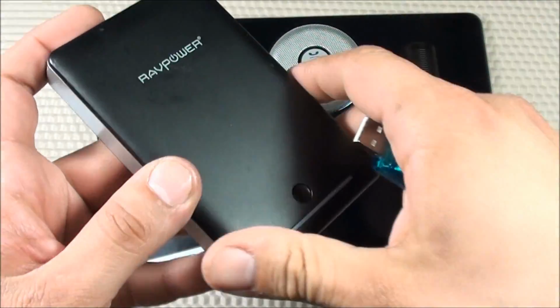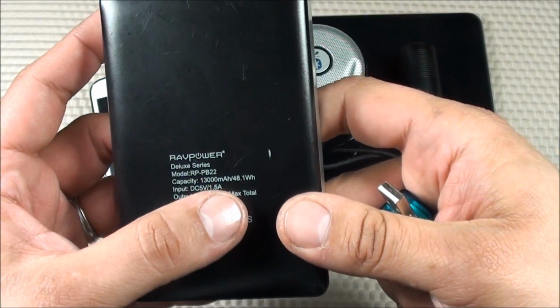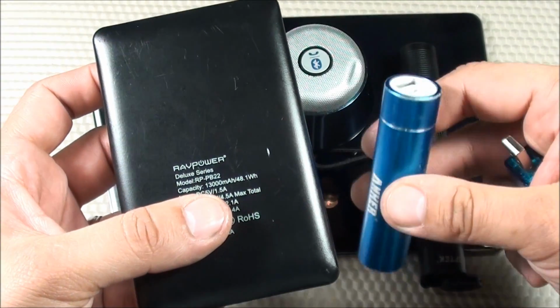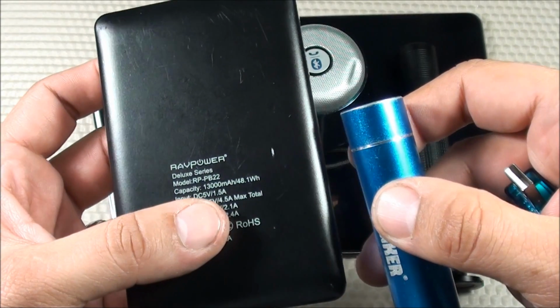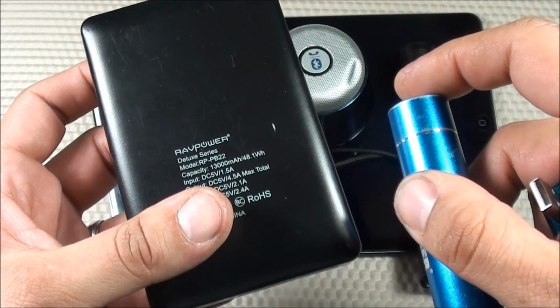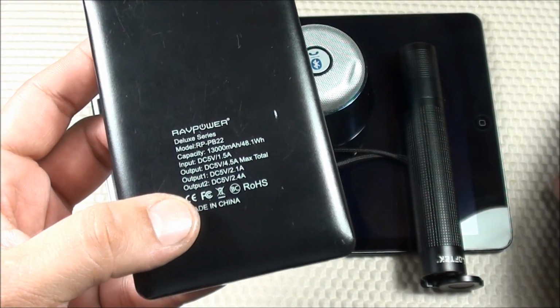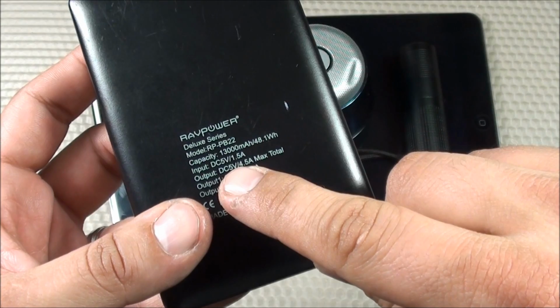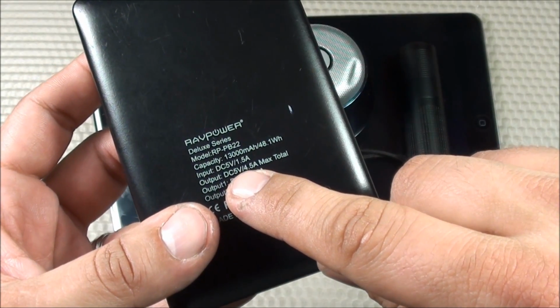I've been very impressed with it. It's advertised at being at 13,000 milliamp hours for the total capacity. With all of these external batteries, I find that that's not really 100% accurate. I find that it's more around 65 to 75% of the capacity that's advertised. So instead of 13,000 milliamp hours, I find that you're really going to get around 8450 to 9100 milliamp hours